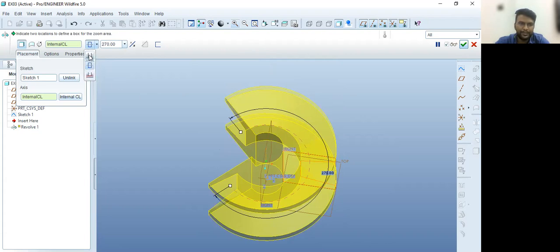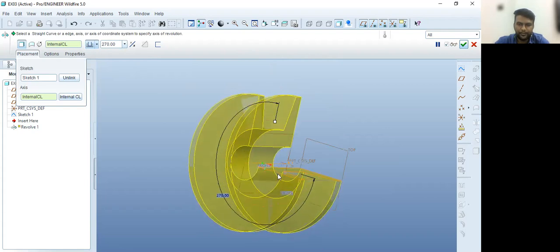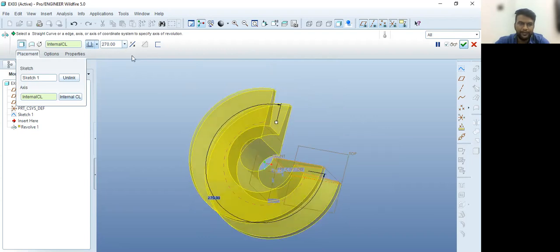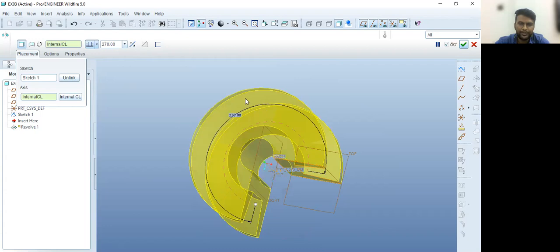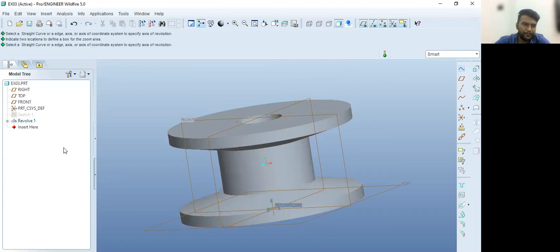You select the first option. It's going to revolve from the sketch. This is your base sketch, and it is going to revolve 270 degrees on the one side. Flip the direction, and the revolution direction will change. For our case, it is 360. It doesn't matter where you start. When it is done, you click on the right sign here with the green color to complete the command.